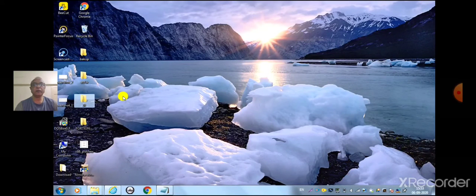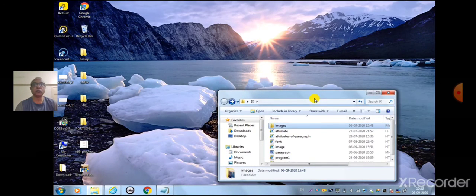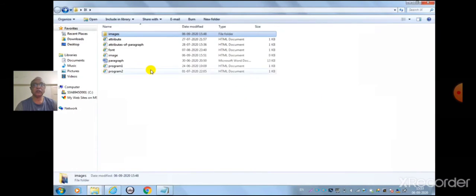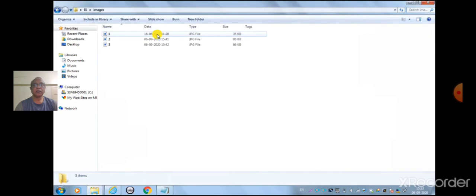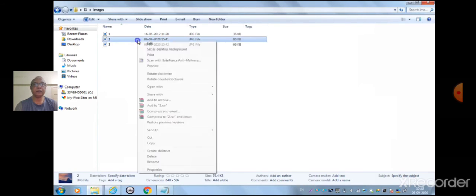So go to the folder where your image files are stored. Click on that folder, select any one file, right click, click on properties.